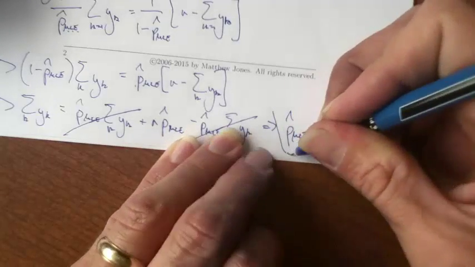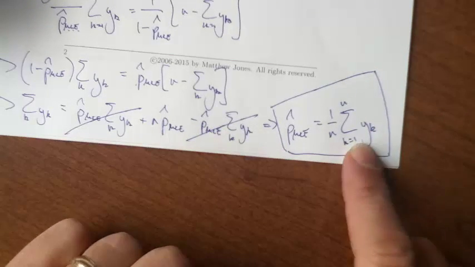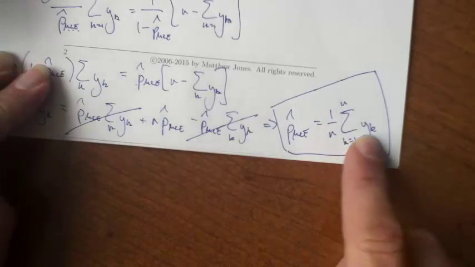So it turns out that the maximum likelihood estimator in this case is in fact exactly the same as the unbiased estimator, which we've always used to estimate proportions. It's just the average of the ones and zeros. It's our sample proportion. It doesn't always work out that the maximum likelihood estimator is the unbiased one, and we'll see examples